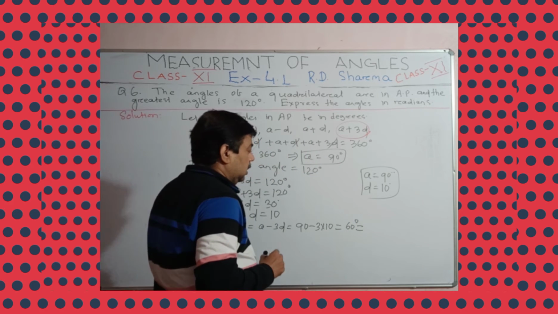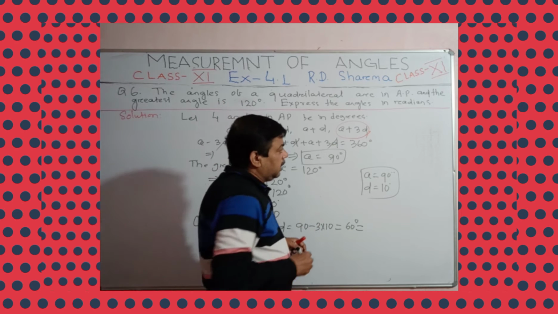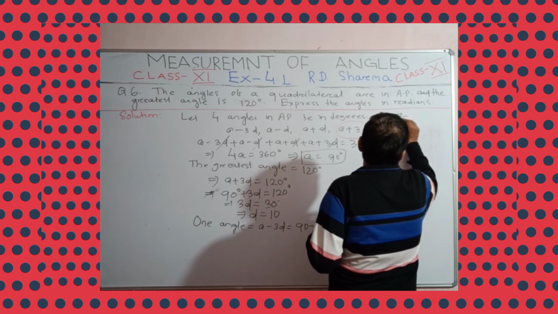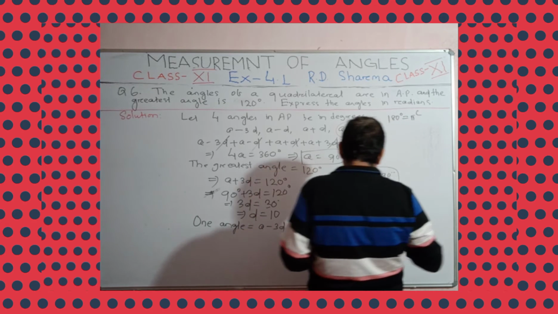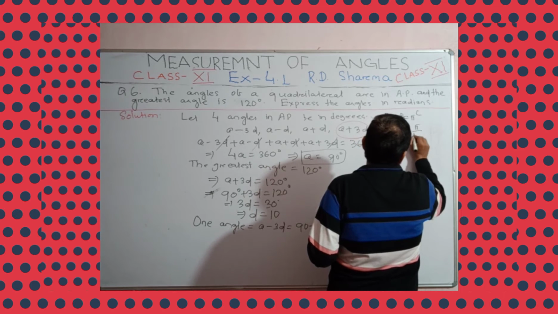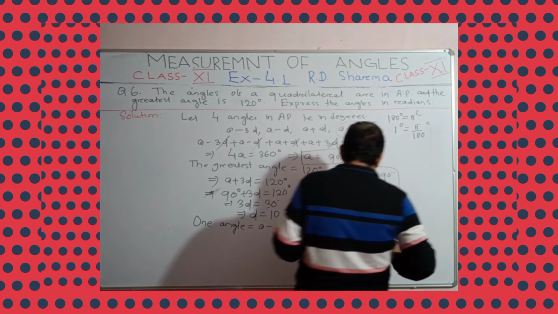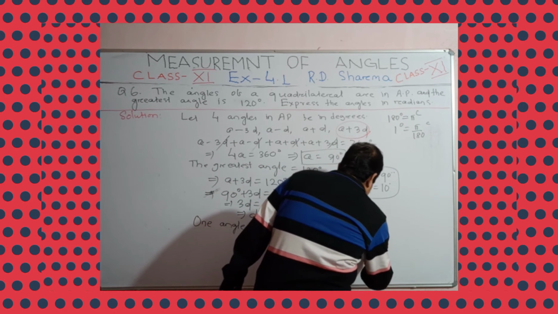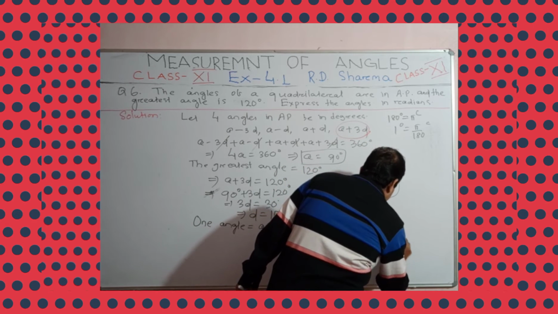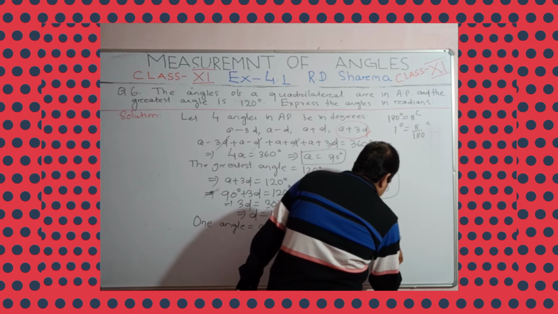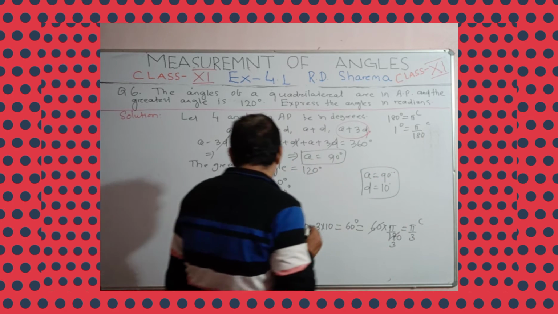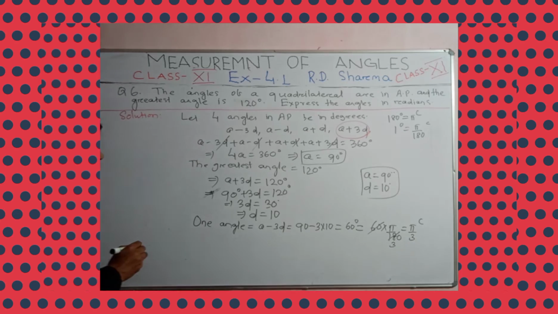Understand? And here, to convert degrees into radians, all of you know that 180 degrees is equal to pi radians. So 1 degree is equal to pi upon 180 radians. So 60 degrees will be 60 into pi upon 180 radians. You can cancel 6 threes is 18, which gives pi upon 3 radians. Is it clear?